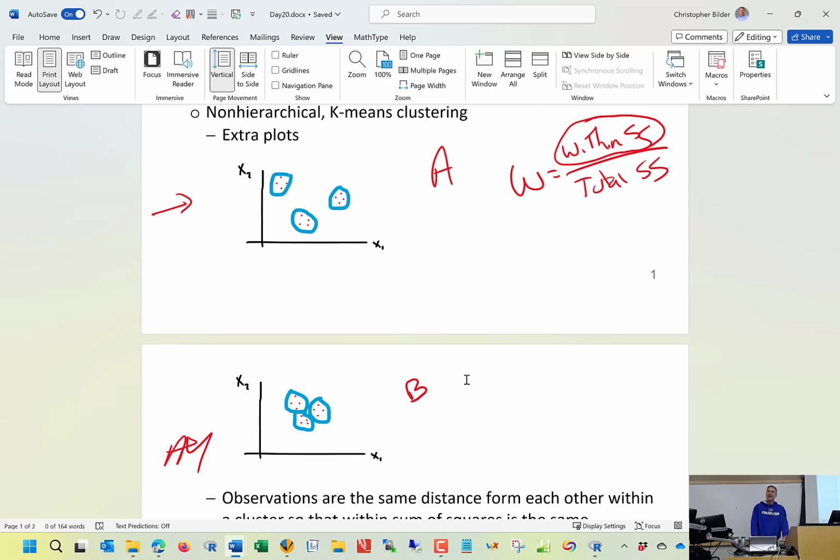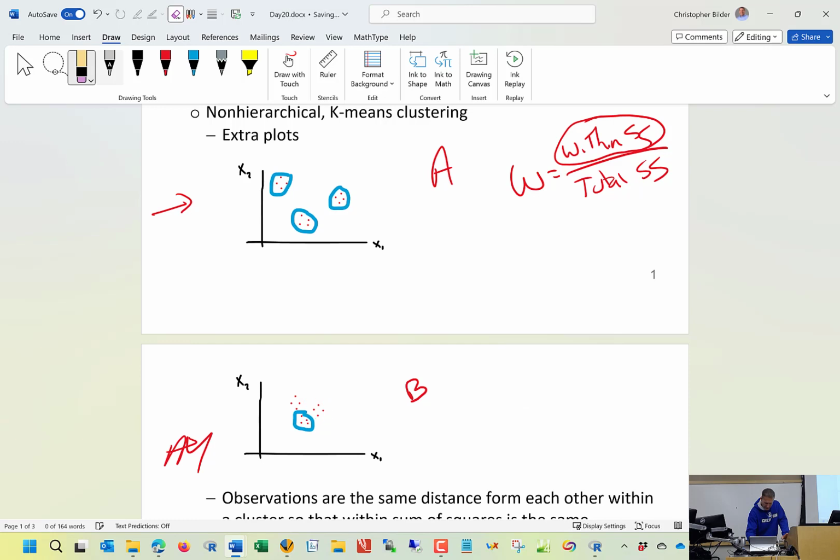Is that if you had a choice, let's say, between A or B, in terms of you want to have data where it's completely clear what clusters observations should fall in, would you prefer to have A or B? A. Okay? Because it's quite separated. B, if I didn't have,